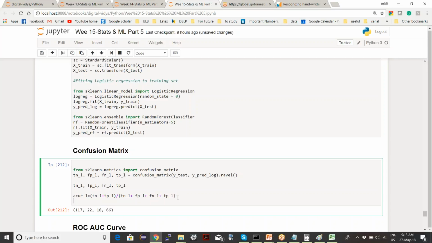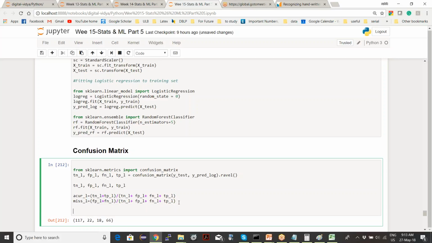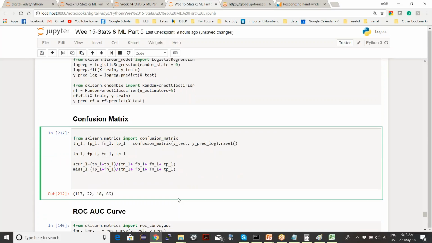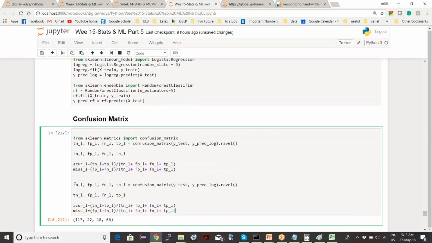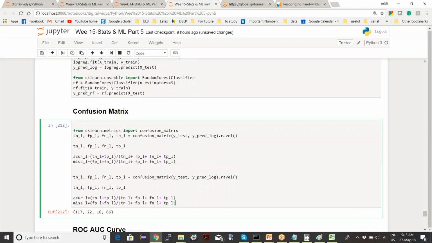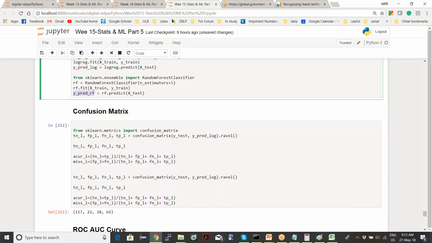And my misclassification. Now we do the same thing for another model, which is RF.